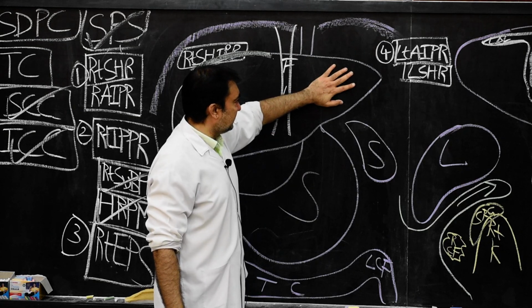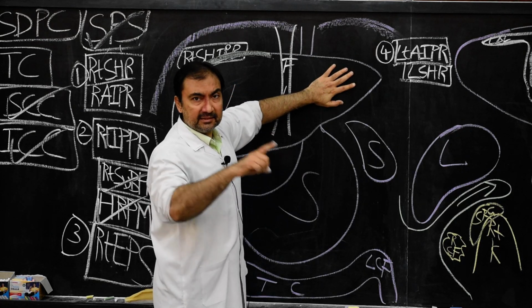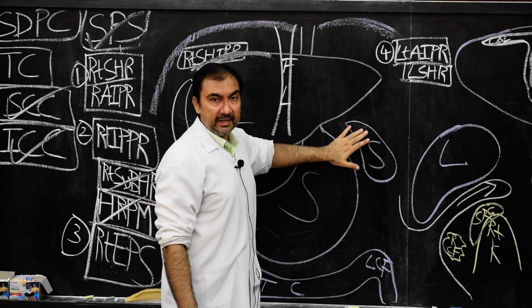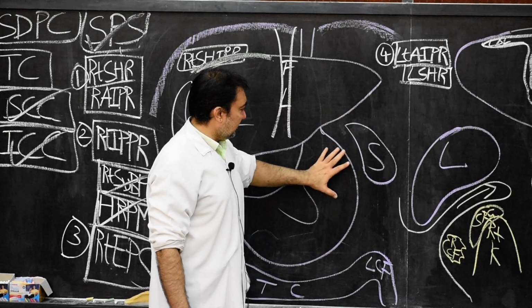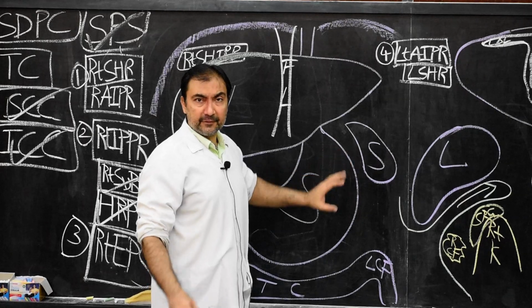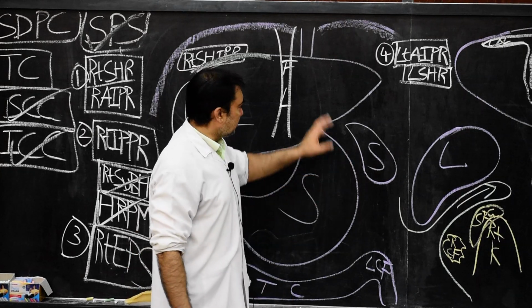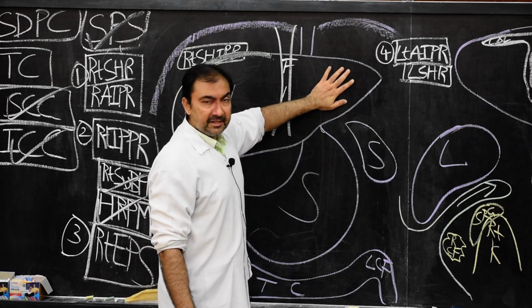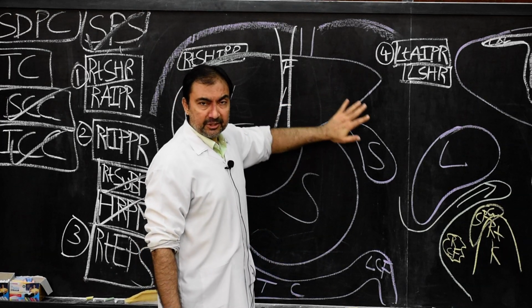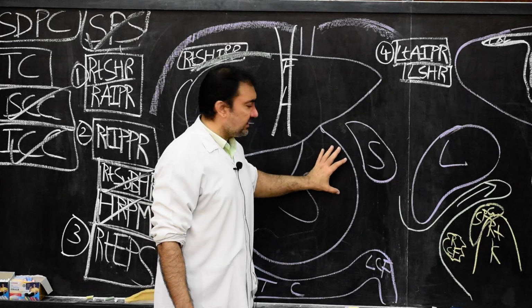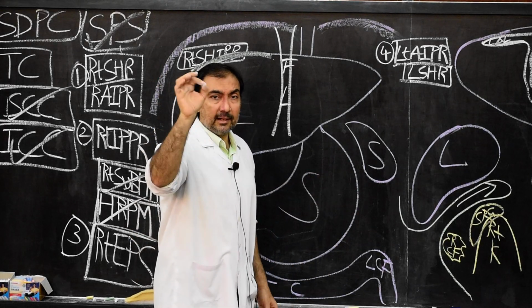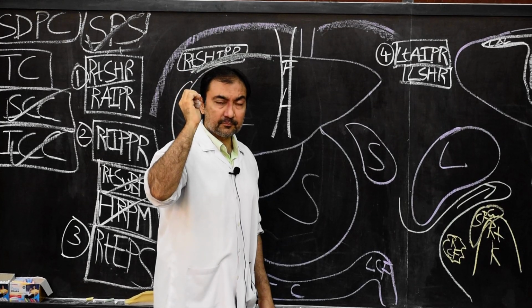First of all, where my hand is there, anterior surface of left lobe of liver, spleen, and upper part of anterior surface of stomach. So 3 organs are there. Number 1, anterior surface of left lobe of the liver. Number 2, spleen. Number 3, the anterior surface of upper part of stomach. And now comes the most important part.